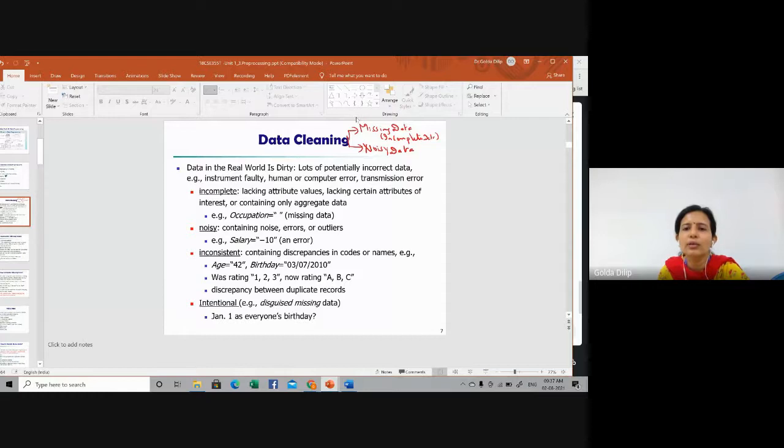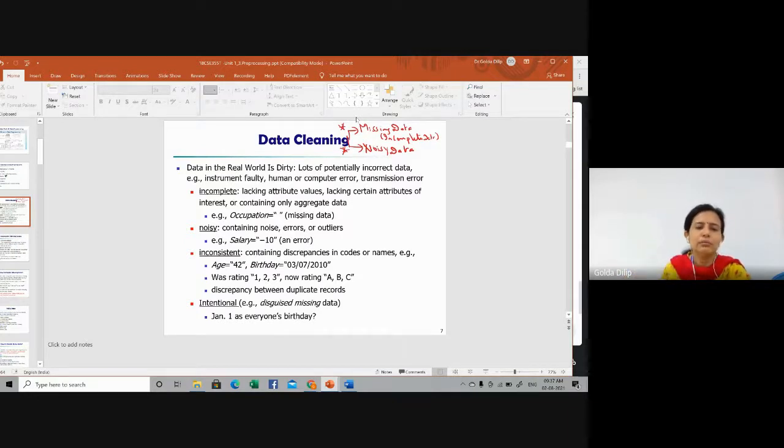These are the two highlights as far as data cleaning is concerned: how to handle the missing data, what is missing data, and how to handle the noisy data, then the data cleaning process.